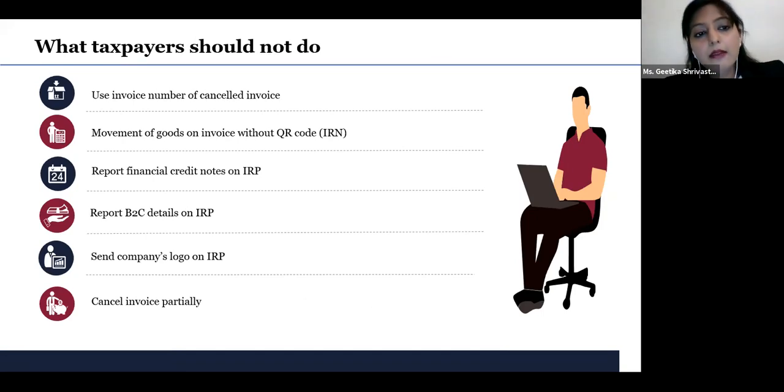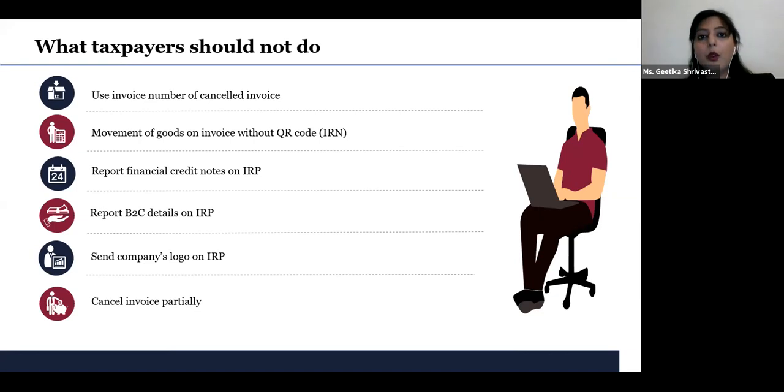Now, in many practical scenarios, or maybe in some business cases, we have seen that if any invoice is cancelled, sometimes people don't have such a restriction in their own ERP system. They can use the cancelled invoice number for generating a new invoice. So let's say invoice number 121 got cancelled. In the system, some people just reuse 121, the cancelled number, for the generation of a new invoice.